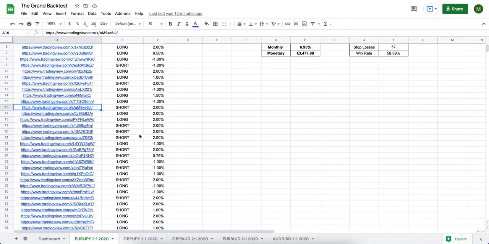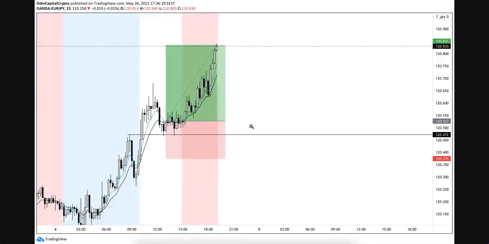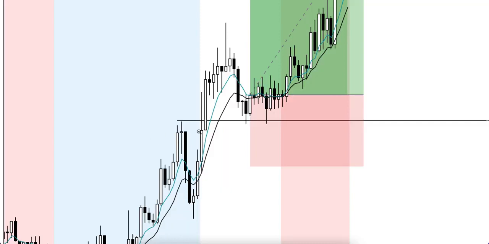Okay, what else? What else? So we had quite a few profits at this point. That's like another position. So as you can see, the session high is right here. So we had a break above the session high. So when we got a confirmed break above the session high with a body closure, then we are waiting for the retest. So the retest happened all the way here. So a few hours into the